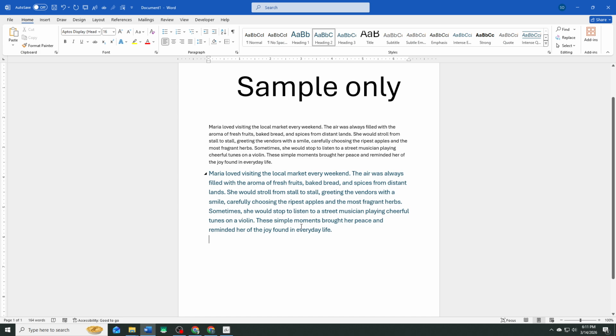and uniform. By following these simple steps, you can easily create and format new paragraphs in Microsoft Word, giving your